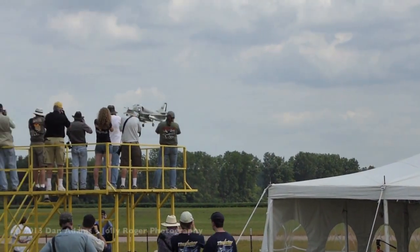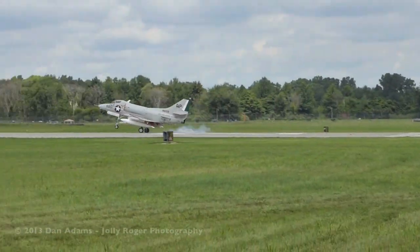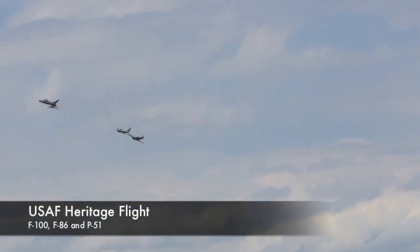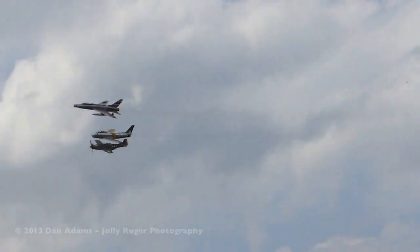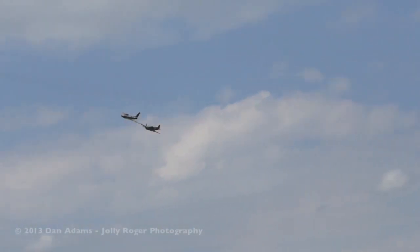On the right from the Warbird Heritage Foundation. Now you see it. Did you see the landing? He just have served their country in the sky. Know that freedom requires a